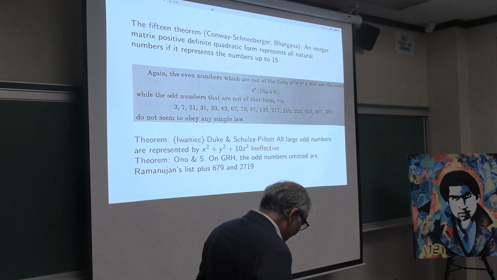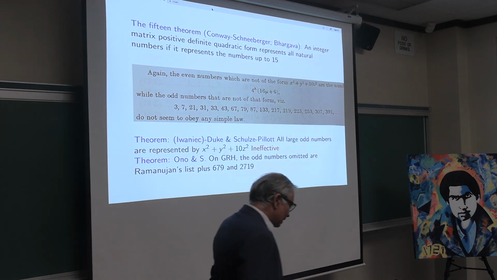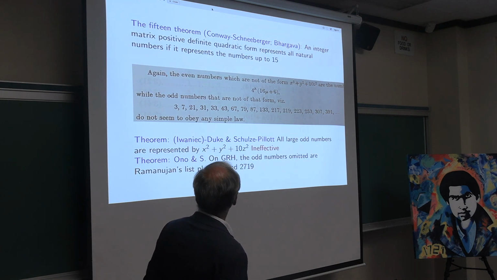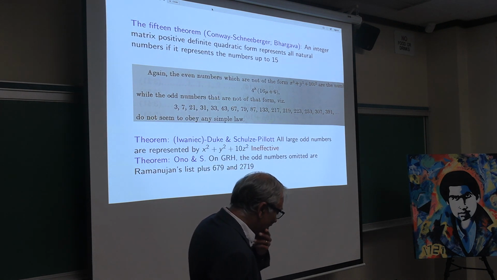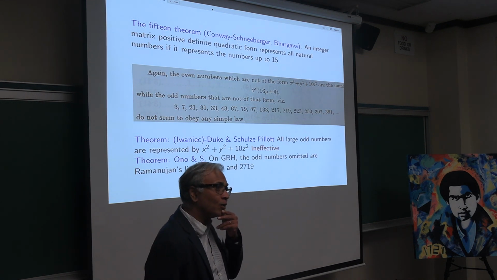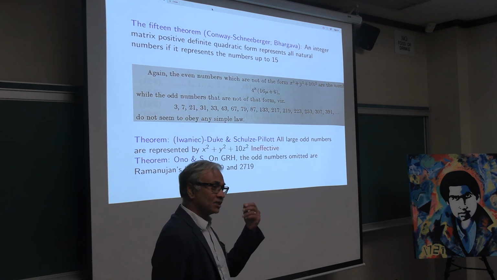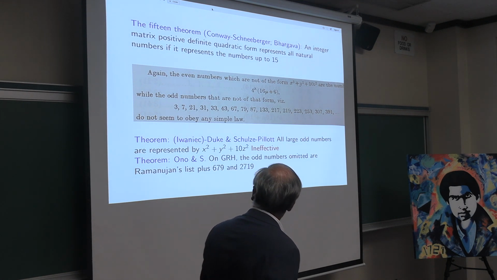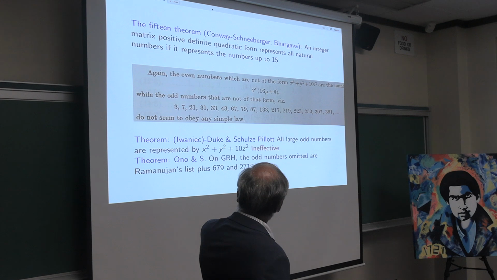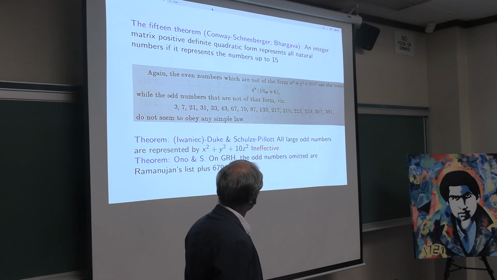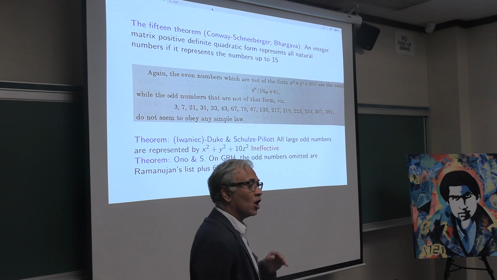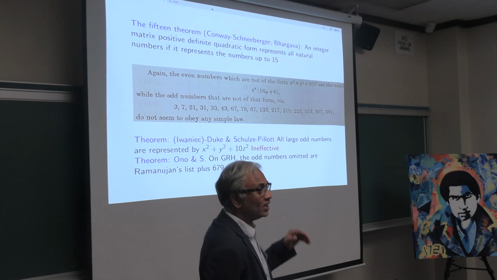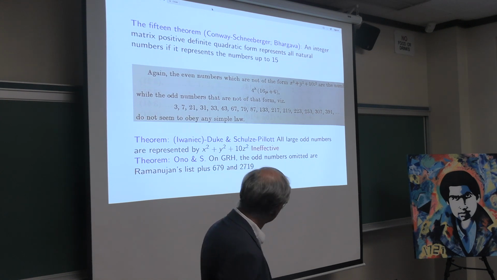This is a very interesting problem because understanding problems like this is an extremely difficult, very profound piece of mathematics. Only in the late 80s did people figure out when a ternary quadratic form represents all the numbers that it's supposed to represent. And this was done in a breakthrough work by Iwaniec and then by Duke and Schulze-Pillot. And still, it's not a complete answer because there's something called Siegel zeros, which is something we still don't know how to get rid of, which makes this ineffective, so you can't actually determine all the numbers. You can only say all but finitely many numbers are represented.